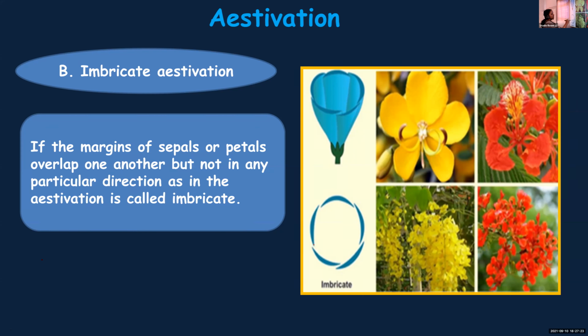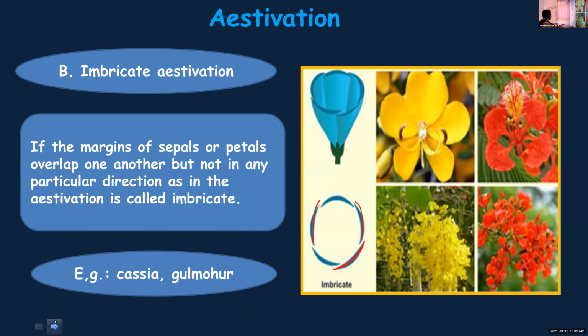So here you can see this petal or sepal is overlapping this one, and this is overlapping this one. This one is overlapping this one as well as the other one, overlapping two petals or two floral appendages on either side. Once again, I will show. Let me erase. See, if you take this one,